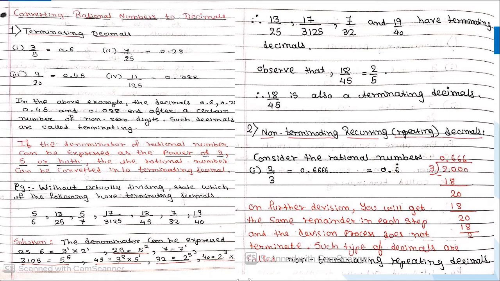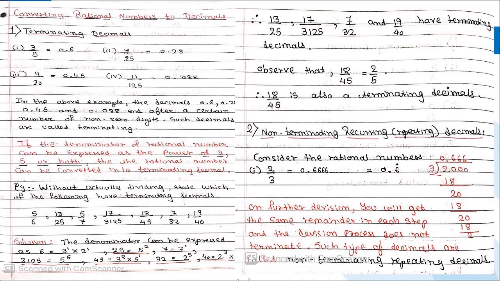See, we will see the examples. The example says without actual division. Students, in exam, if it is not mentioned without actual division, you can divide and check. But if it is mentioned that without actual division, you have to use this method. What is the method? You have to prime factorize the denominator of the fraction. And if you can express the factors as the power of 2 or 5 or maybe both, then you can say that that fraction will have the terminating decimal. But if other than these numbers, then not.